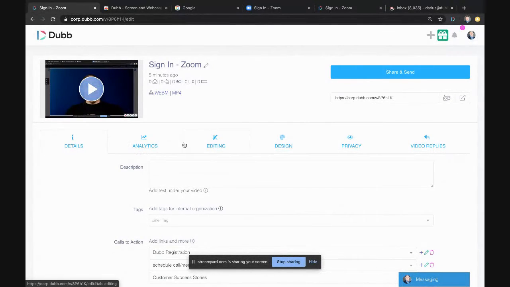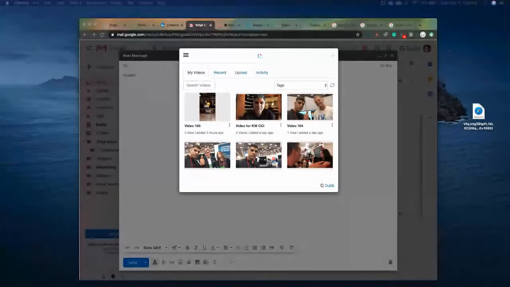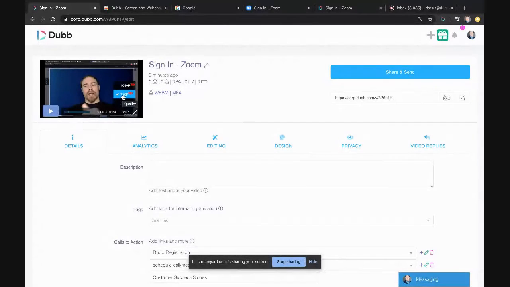So back here in the screen recording, you guys saw that I created this, and now I have a bigger screen. It's like a 17-inch or whatever, so I can select as high as 1080p. If you're on a really small monitor and you're doing a screen recording, you will only be able to select as high as 720. So that's the only thing there with screen recordings. And if it's a webcam or cell phone video or fancy camera, whatever you're using, we'd be able to select as high as 1080 as long as the original recording goes up to that